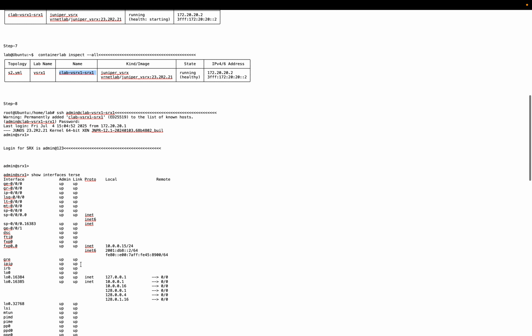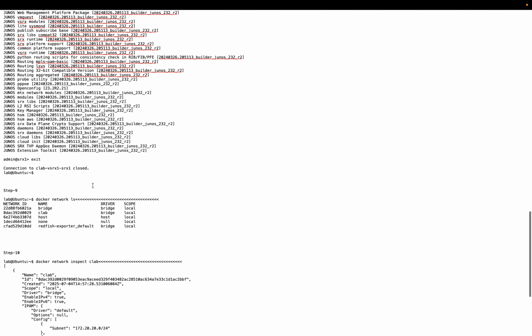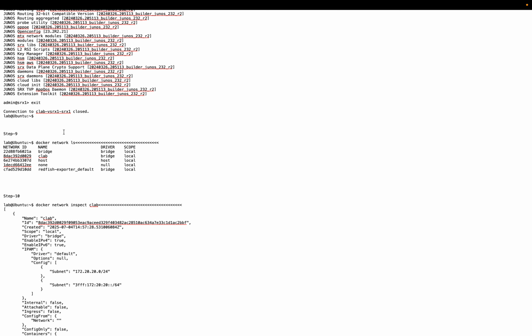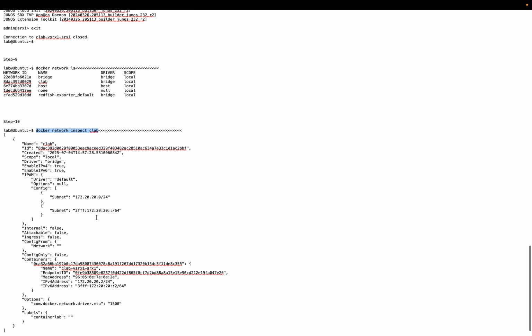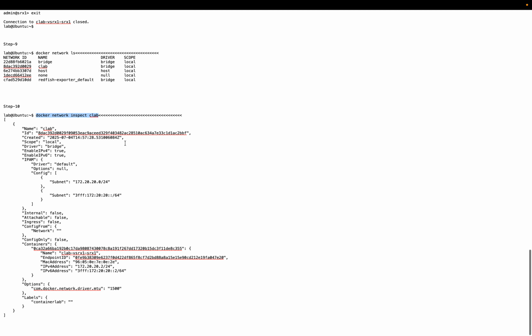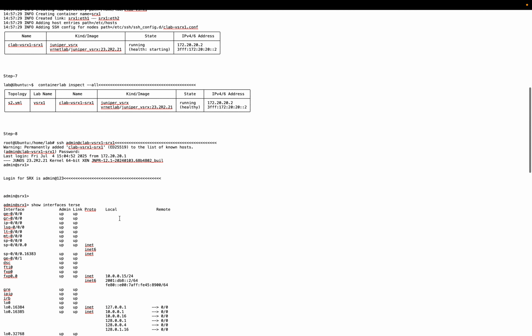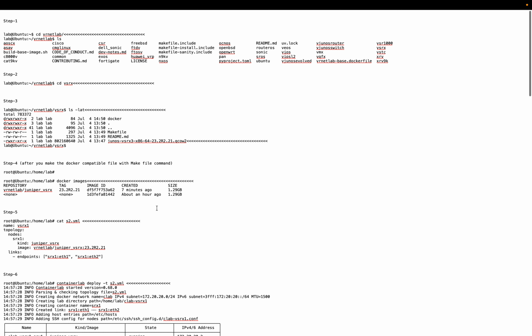Once you log in, you can see that the regular Junos commands, show interface, show version, they all just work. The last bit is I'm just verifying the network that the Docker uses. The Docker in this case for my YAML file uses clab. You can also inspect that with this command that just shows you the details of your YAML file that is up and running. So this is just a quick walkthrough of how easy it is to create a virtual SRX